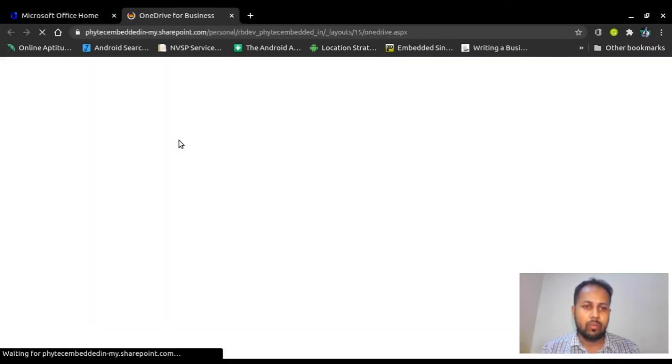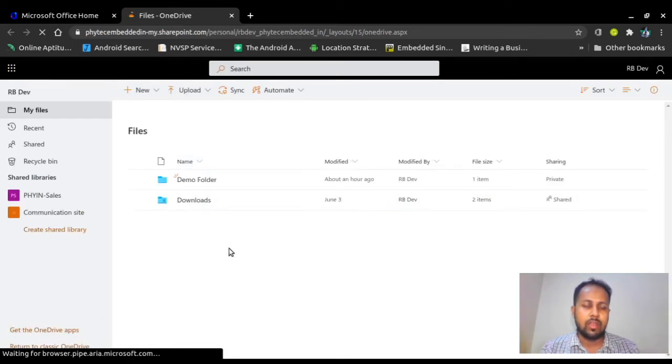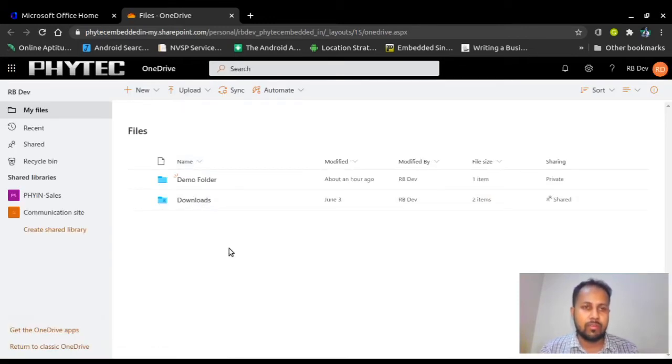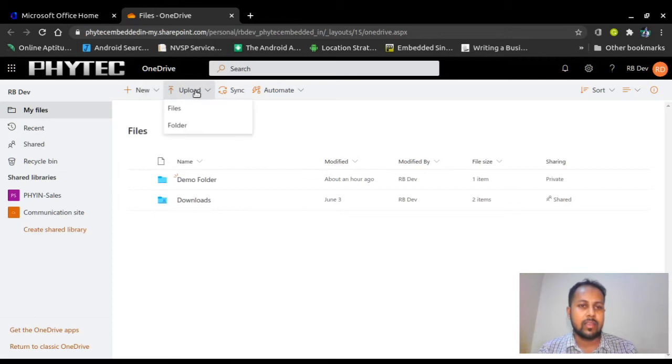In our system, normally we first install Microsoft Word or Microsoft Office and create the files in our local storage, right? And then try to edit them. Here, I'll go to OneDrive, which is nothing but your online storage. In this you can create folders and files. You can also upload files and folders, and that includes video, photos, anything else.